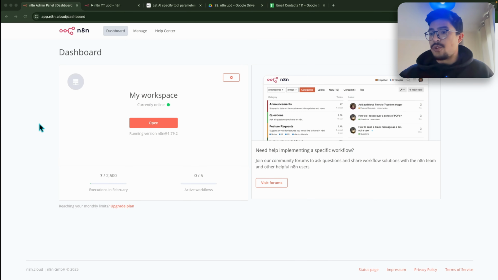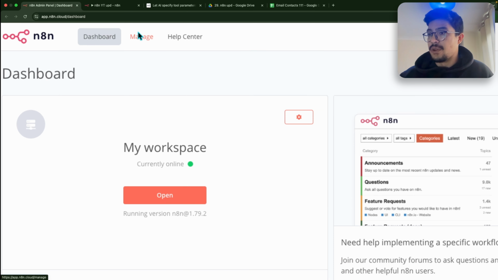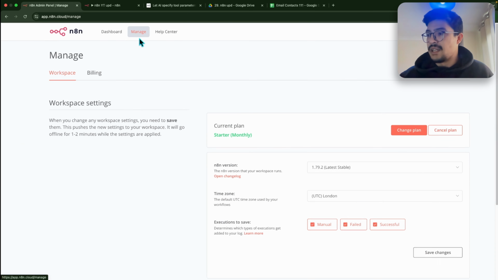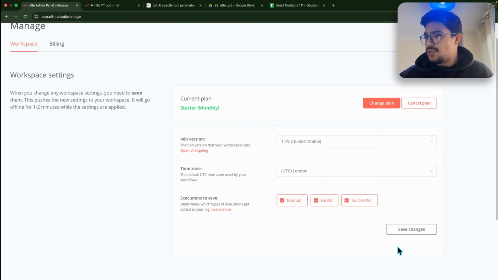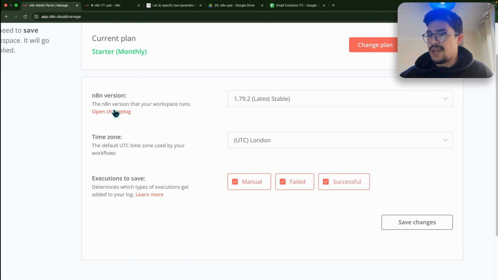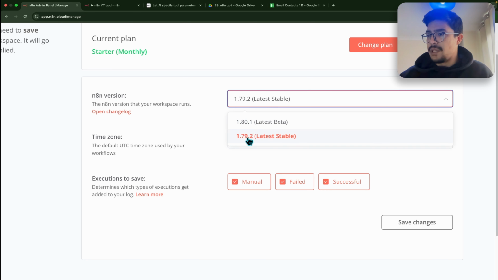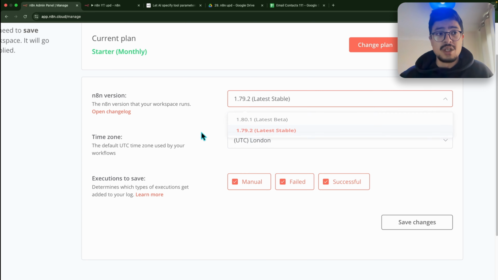So the first thing that you're going to do is sign into your dashboard on your n8n cloud account. And what you're going to do is go to manage. Okay, so you see a little here on the top, it says manage. So go ahead and hit that. And now you'll be presented with the following. So I want you to go to this section here where you see the n8n version, and you're going to upgrade to 1.79.2, okay? That's the minimum n8n version that is going to enable this new feature that I'm going